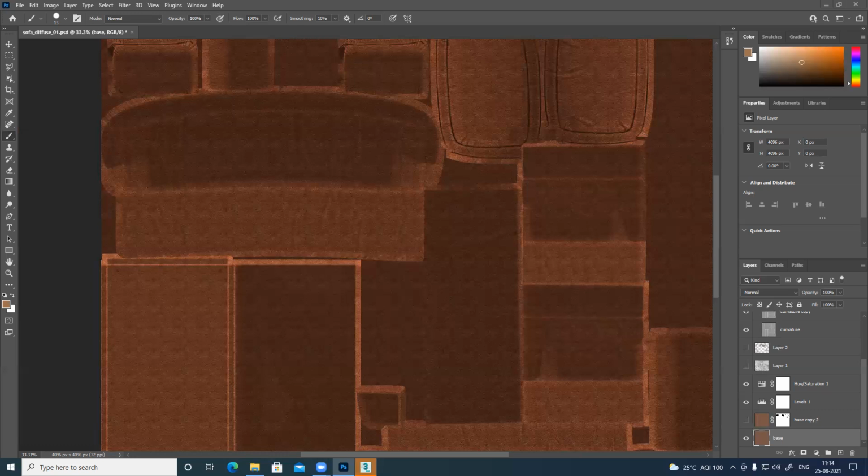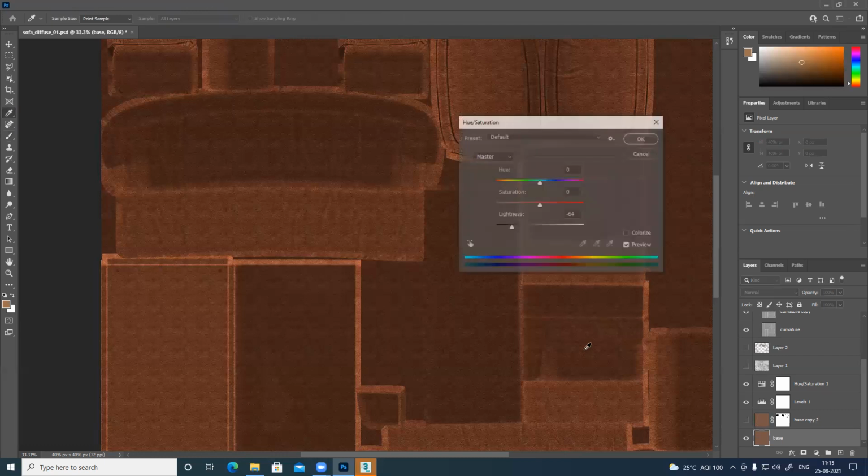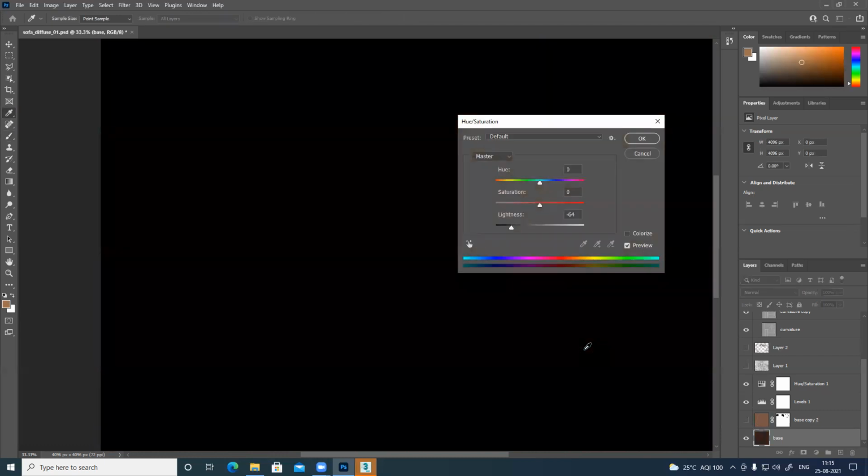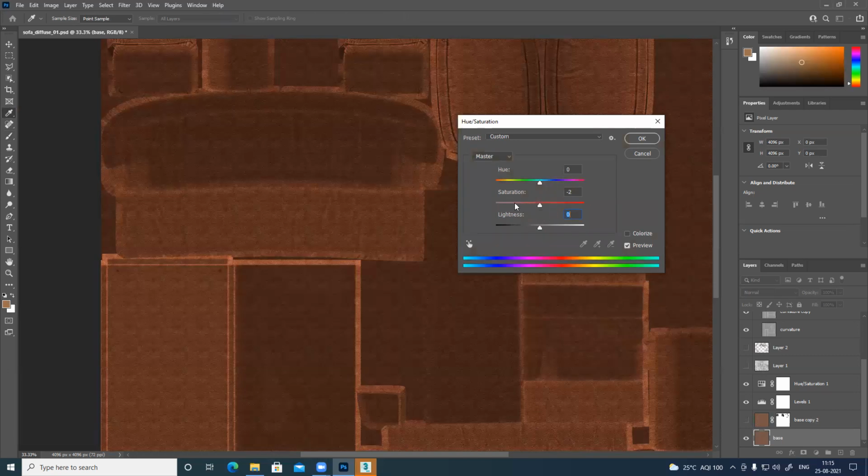So now I don't want all this variation and detail in my texture. I want to make it kind of flat. The easiest way of doing it is to make it grayscale first. Control Shift U shortcut. It didn't work. Maybe you need to use Control Alt U. Yeah. So change it with Control Alt U, set it to 0 and make the saturation gray.